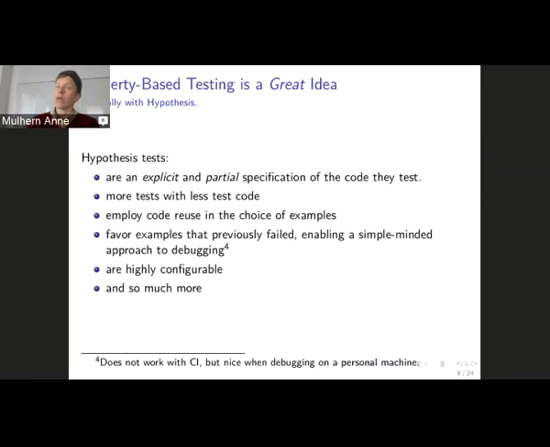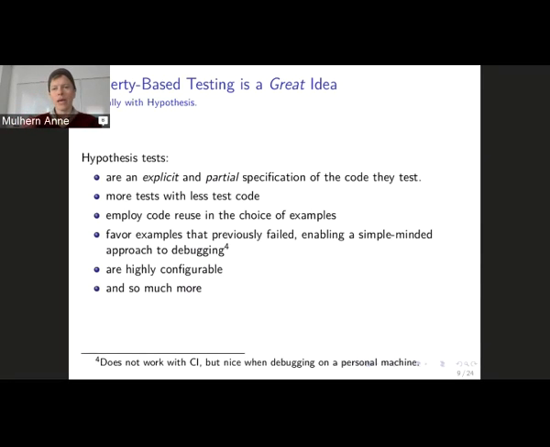Okay, and at this point, I'll say that property-based testing is great. It is so much more powerful than unit testing, generally speaking. For one thing, it's an explicit specification of what the code does. So the unit tests were implicit. You could look at an example and say, oh, that must mean that some property must be true of this function. But in hypothesis, you're explicitly stating something that must be true of the function. So it's much more useful, clear, and readable documentation of the code to anyone who takes a look.